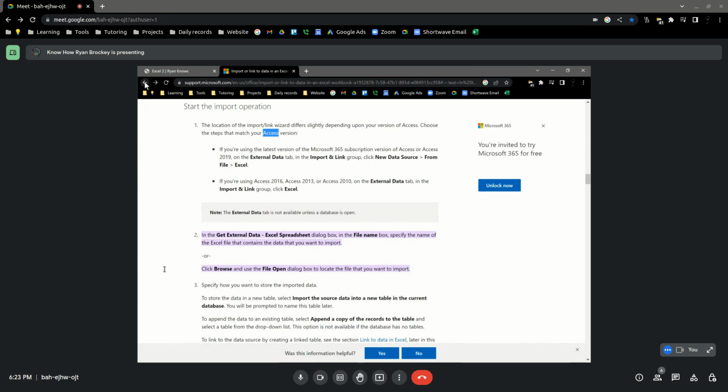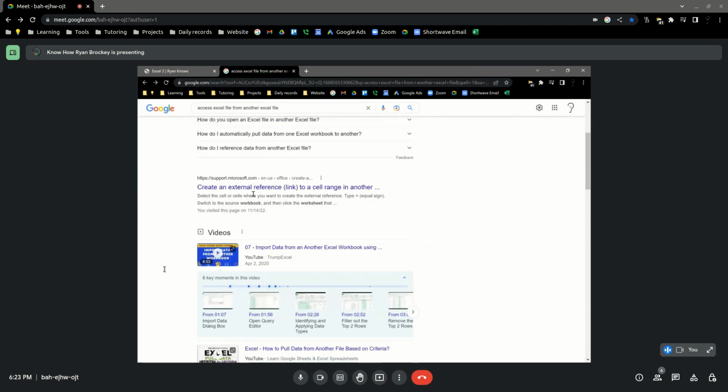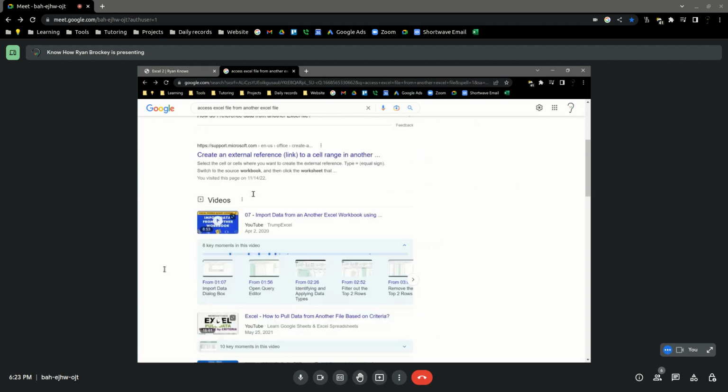I backed out. And then what did I click on next? I think it was just the second one. Oh yeah, it definitely was this one. Create an external reference link. Right here I realized this result had good information, in that it is telling me what this feature is called. This feature is called an external reference, and that helped me